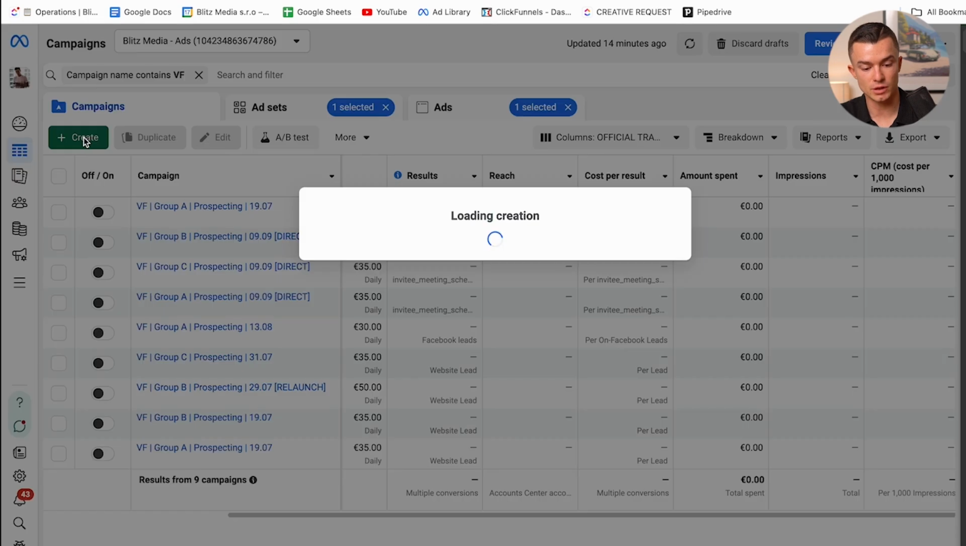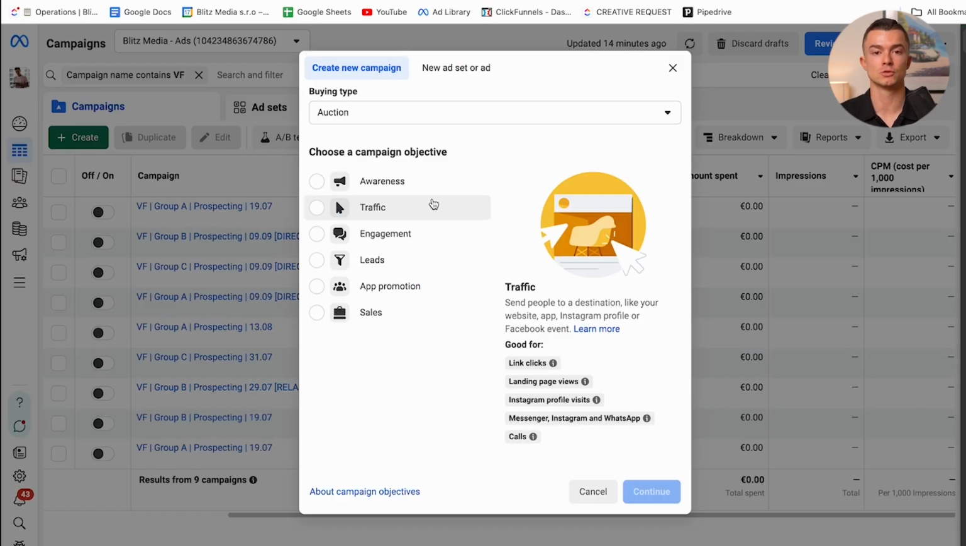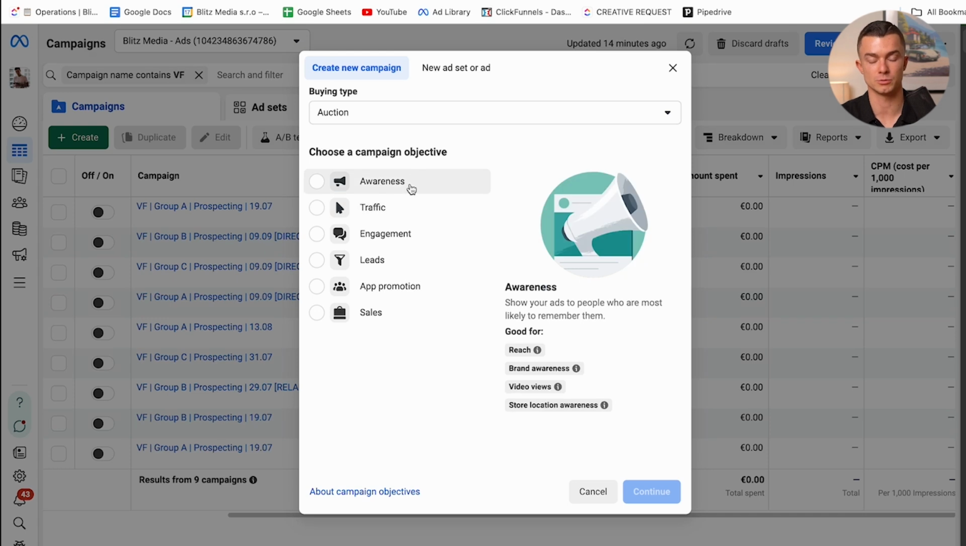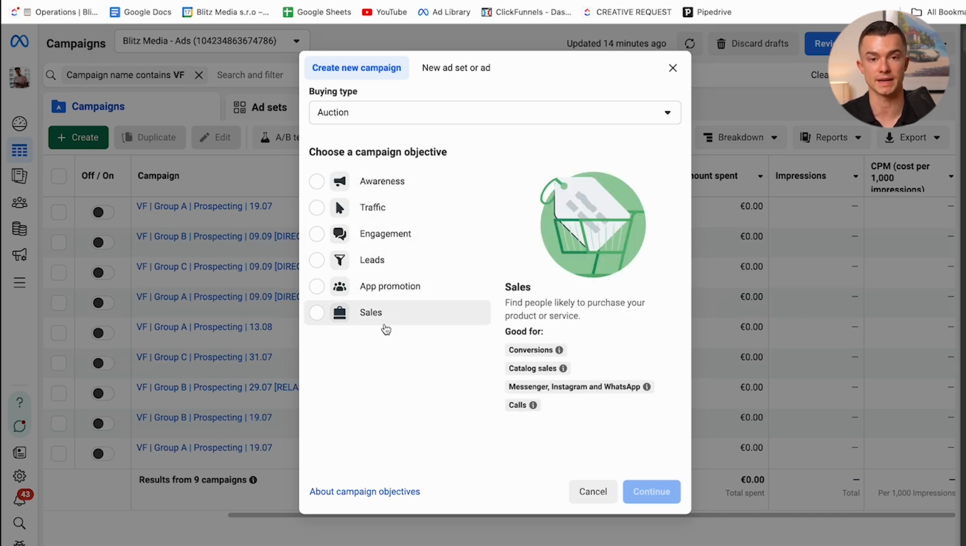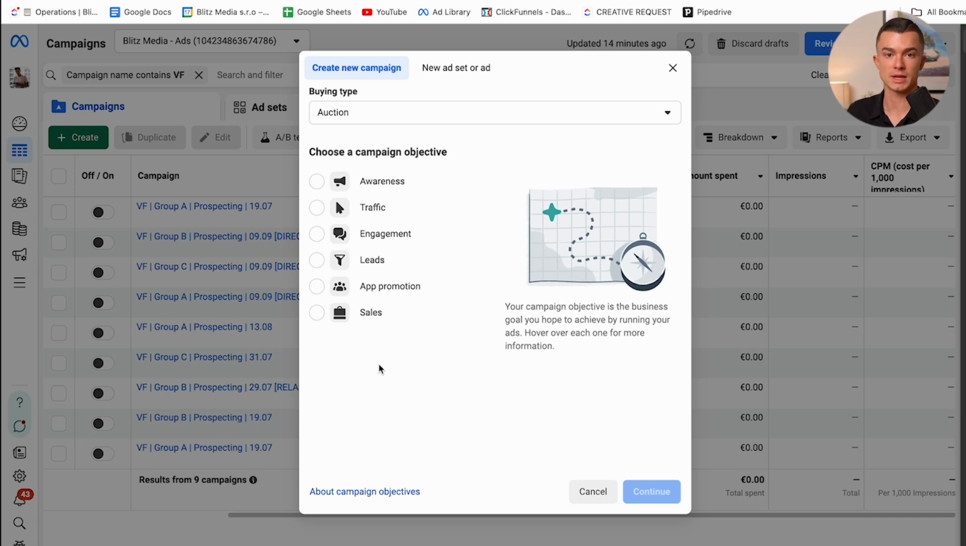So the first thing that you need to do whenever you want to run ads is to choose the objective. Now, as you can see from here, you have a couple different objectives. You have awareness, traffic, engagement, leads, app promotion, sales. Now, in this case, for the client I was mentioning before, we were running a VSL campaign, which is one of the most common campaigns that we run with our clients because it's very scalable, it's very predictable, and it's